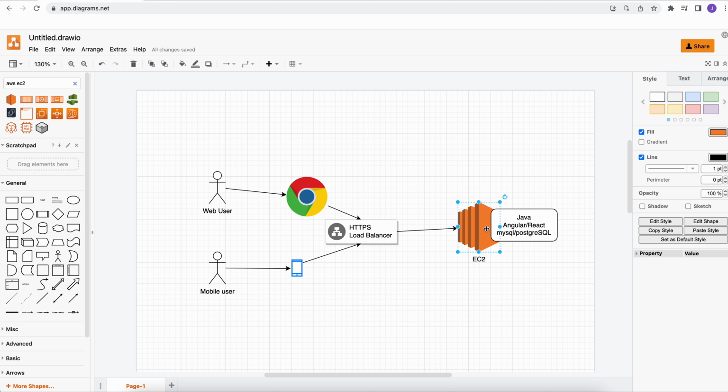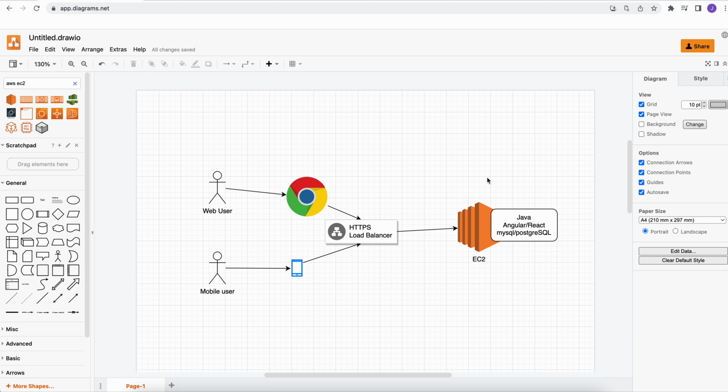Everything can be deployed on the EC2 instance only. You don't need separate services. Okay, so only one service can be used for this. Okay, so when the user will try to go here,